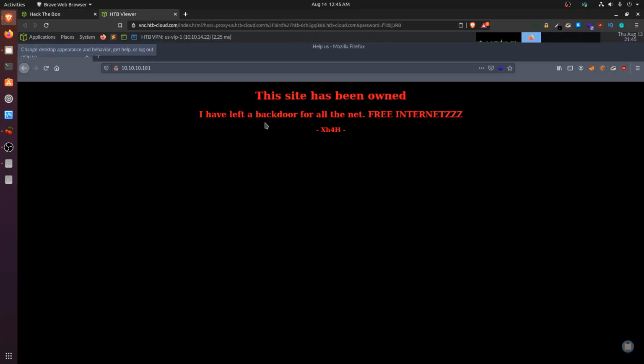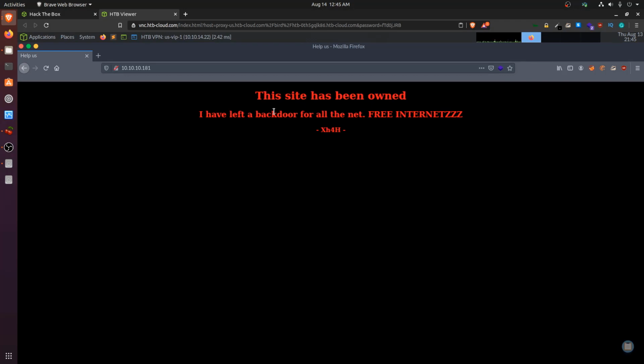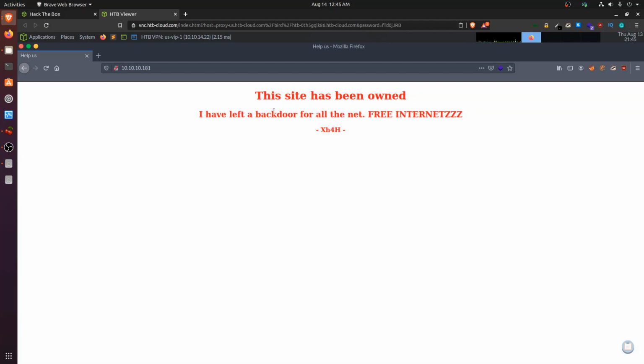And you can see right on the web server, it tells us that this site has been owned, or essentially hacked, which means a hacker has hacked this site. And what we're supposed to do is trace back all the actual hacker's steps, or find a way in through, as I said, one of these backdoors that the hacker